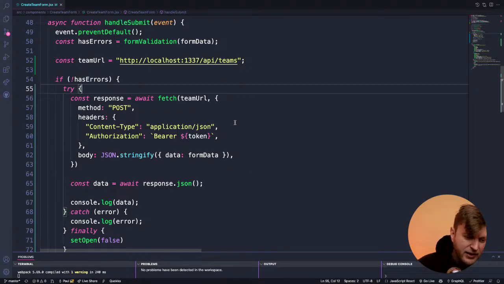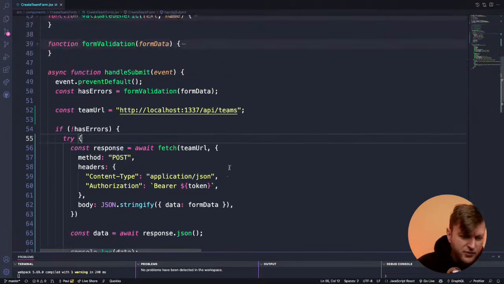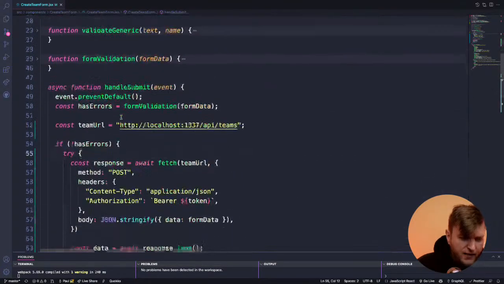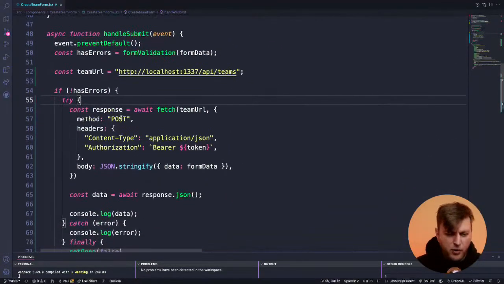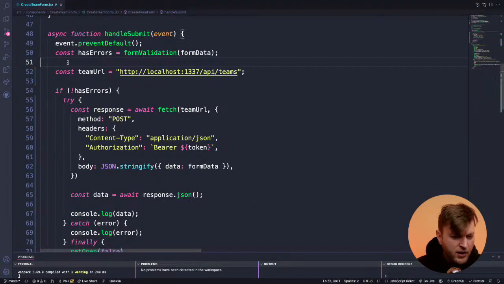Whatever, we'll figure this out. I'm getting too ahead of myself right now, but let's review the code. So we have our form, and the most important part that we want to focus on right now on this form here